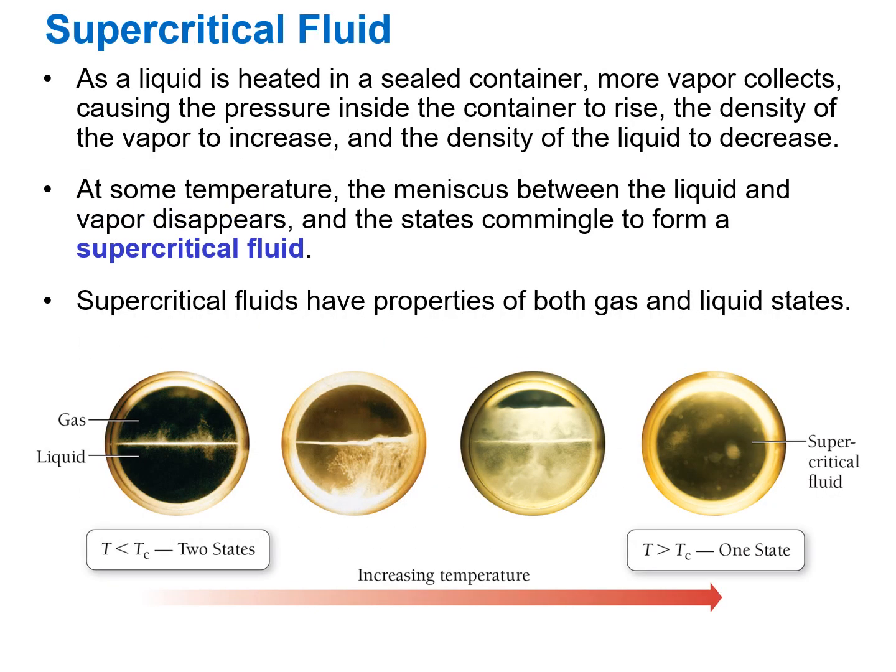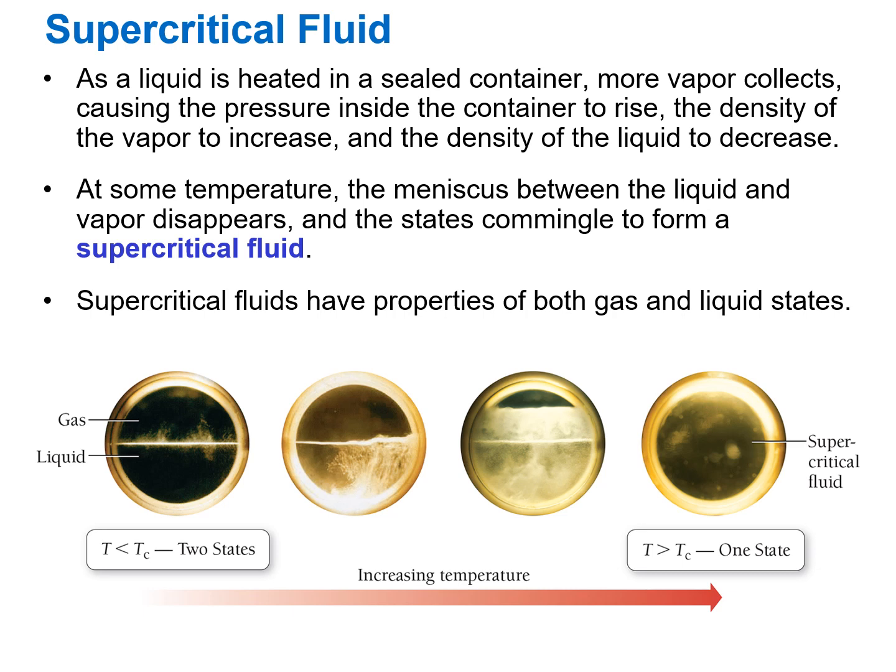So what we see here in this image is that we see here on the left the meniscus that exists between a liquid and the vapor that's being given off by this liquid. And as we move to the right, we can see an increasing temperature. Now we got some boiling happening. But remember, we've got a closed container. So as the temperature increases, we're also going to see an increase in pressure. And as the temperature and the pressure increase, we can see that now we have this weird presence of both a condensed vapor and a less dense liquid